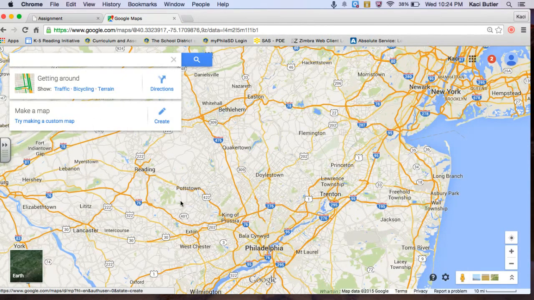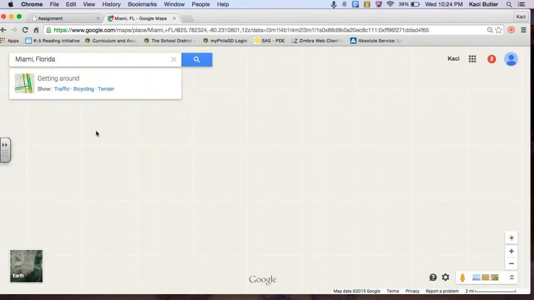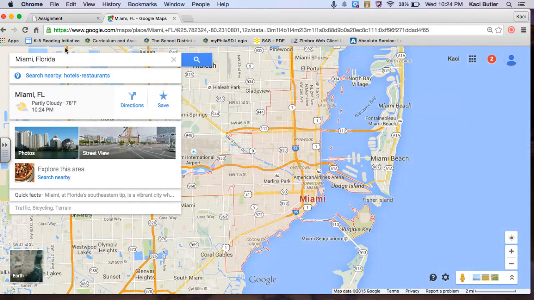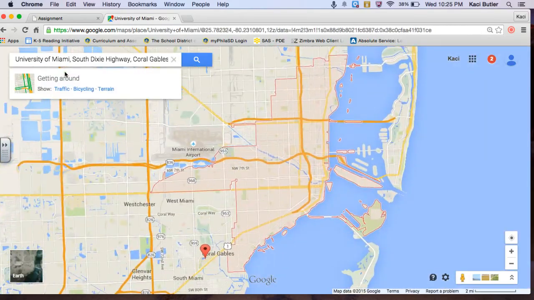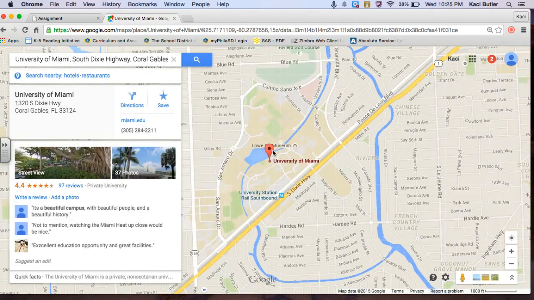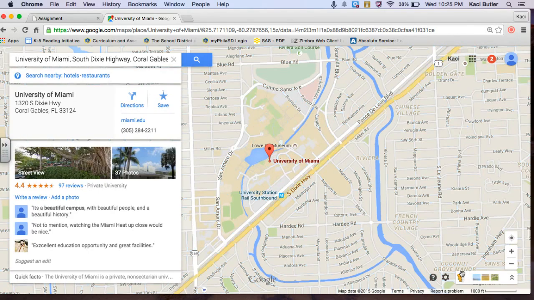So again, this was just a brief tutorial on how to use Google Maps. This would be really great to use in your classrooms if you wanted to show your students a particular place. For example, I have my students look up different colleges. So say the University of Miami. I can find it here, and then if I drag the little street view, all of these blue lines are streets where I could drop the person. And when I drop them there,